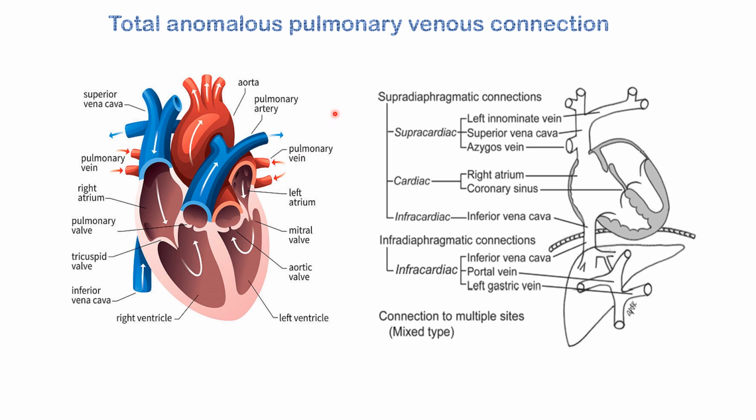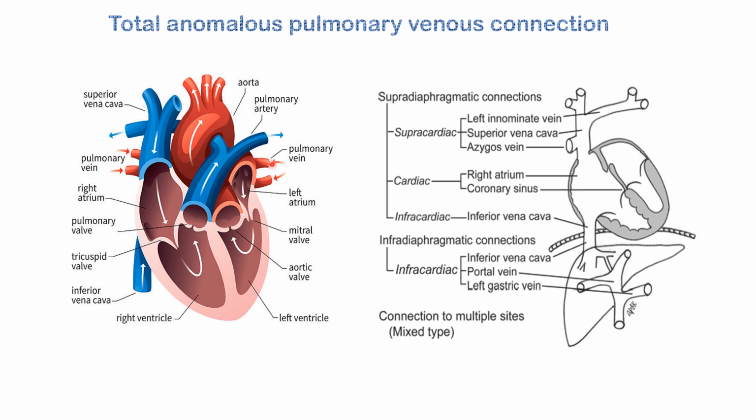There it gets oxygenated, and oxygenated blood through pulmonary veins, two on the left side and two on the right side, join together and they all open in the left atrium. And this is the mitral valve, and through the mitral valve it will come to the left ventricle, and through the aortic valve it will go to the aorta and supply the whole body. So you see, normally these pulmonary veins are opening in the left atrium, but in total anomalous pulmonary